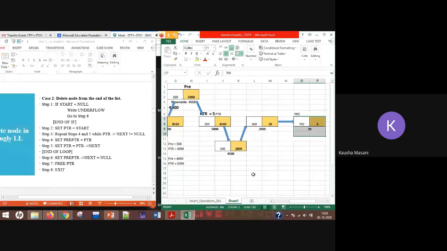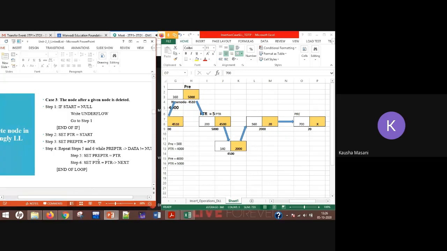Now we come to the case where we have to delete after a given node. Okay, that is your third case. A node after a given node is deleted. Okay, so again, what is your step number 1? You have to first check that is singly linked list present or not. Okay, if it is present, then again you are going with the same method.